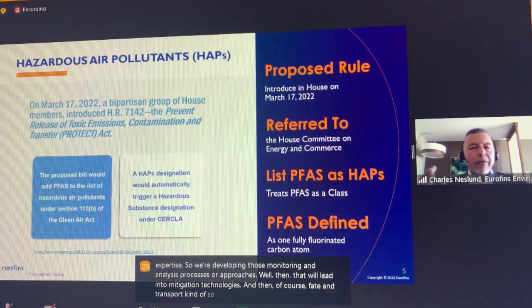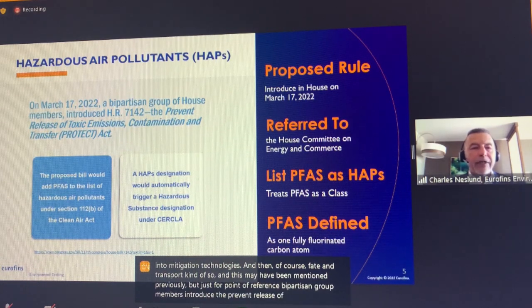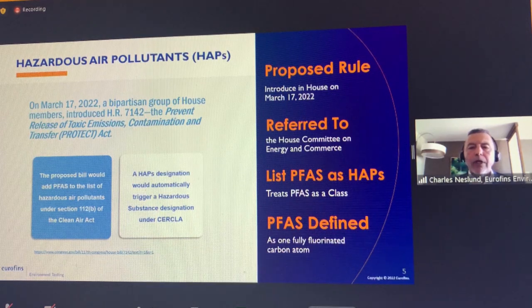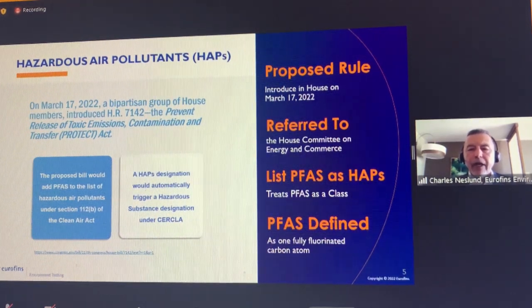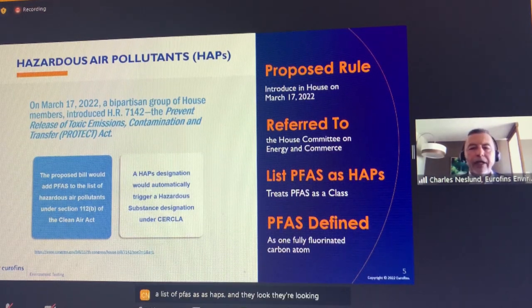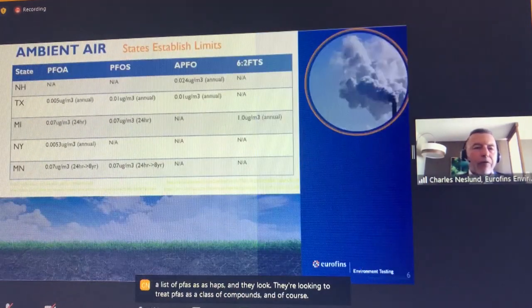So, and this may have been mentioned previously, but just for point of reference, bipartisan group members introduced the Prevent Release of Toxic Emissions and Contamination Act, the proposed rule, and has a list of PFAS as HAPs, and they're looking to treat PFAS as a class of compounds. And of course, for point of reference, also